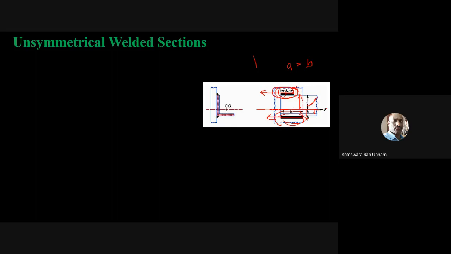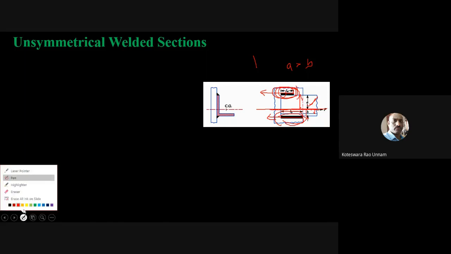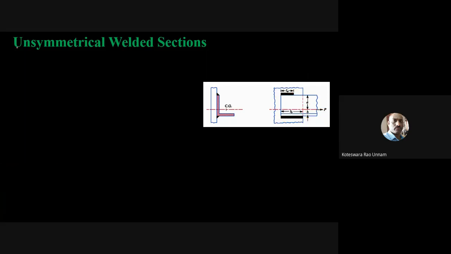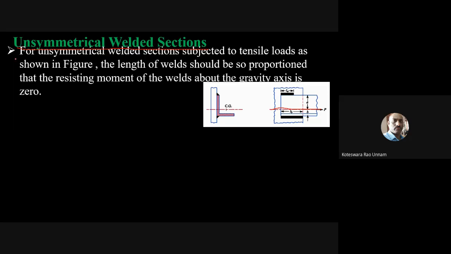So therefore the condition for that is, in case of unequal weld sections or unsymmetrical weld sections, always the center of gravity of the weld is designed such that it should make the bending moment equal to zero about the centroidal axis. So that's what I stated here. For an unsymmetrical weld section subjected to tensile loads as shown in figure, the length of the weld should be proportioned that